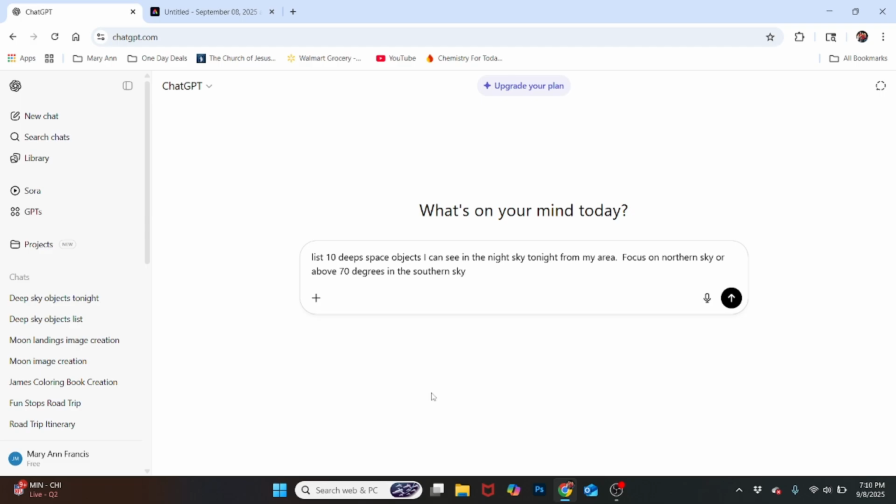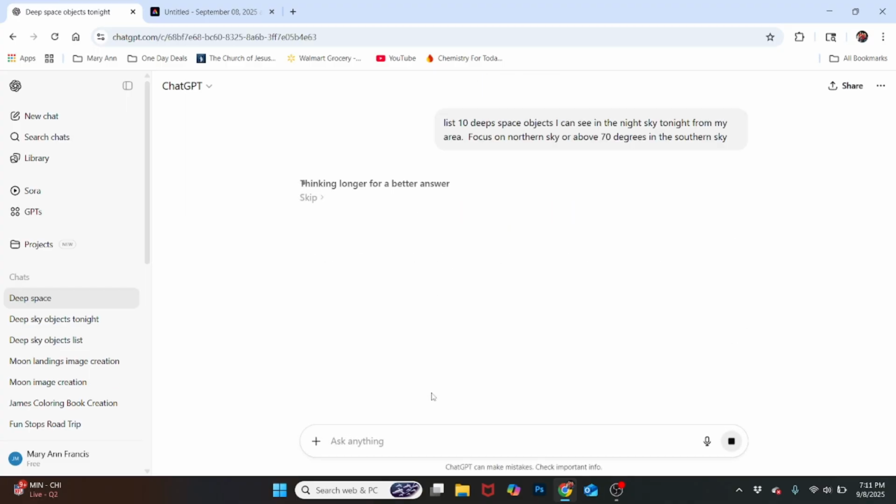sky. And I am doing that because if I point to the south, I have a lot of light to the south. And if I put the telescope in a certain place and I point to the south, it hits the house. And so if I go high enough in the sky, I can image to the south, but it just has to be pretty high in the sky. And so then when I've typed in this little request, and the more detail you give to ChatGPT, the better your result. And then you just click enter, and then it's telling you, okay, I'm assuming the location is